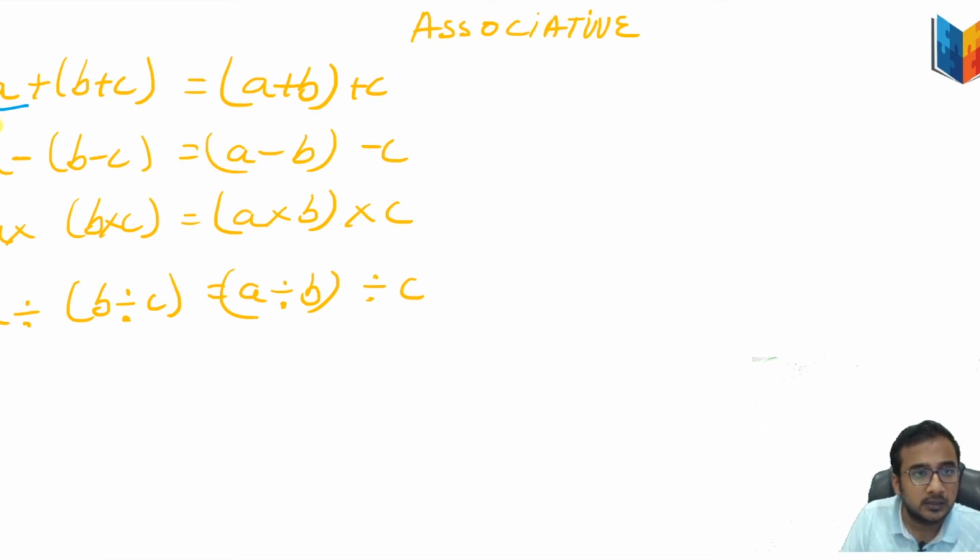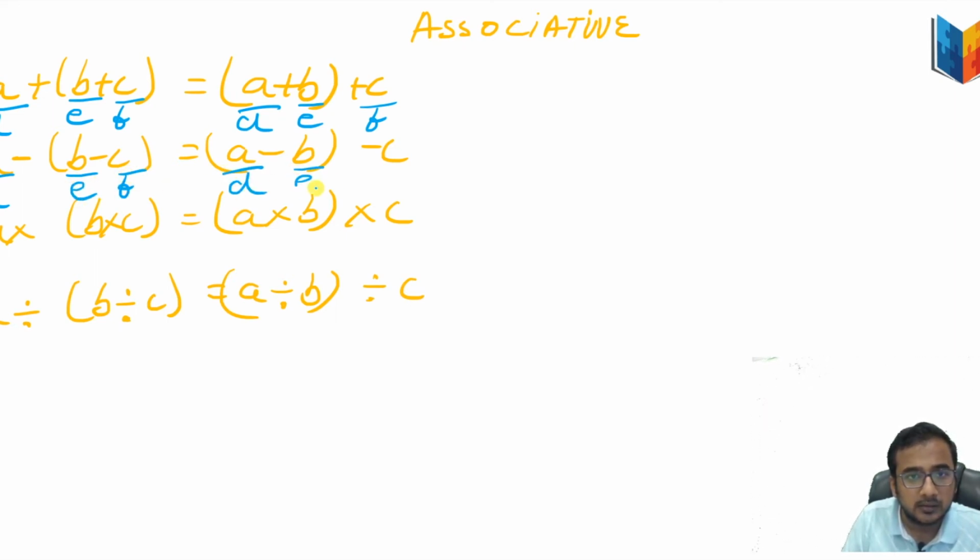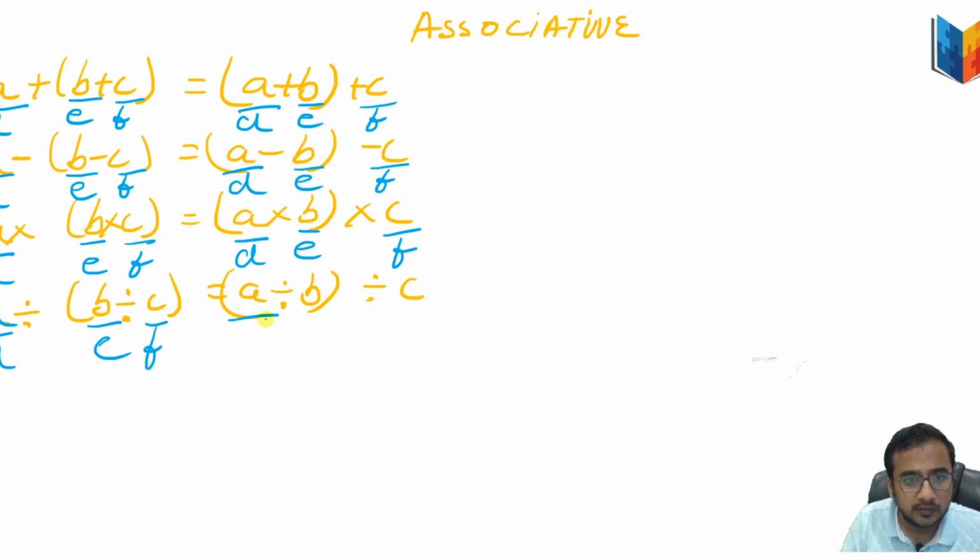Suppose I take d e f, d e f. This is the form, I have written a general form. All will be in fraction form only, so don't worry, it's very very easy to tackle. So I will write for all of them in these forms. I've used different colors so that you all can differentiate and try to figure out. So this is a by d e f, d e f. So now let us take an example.